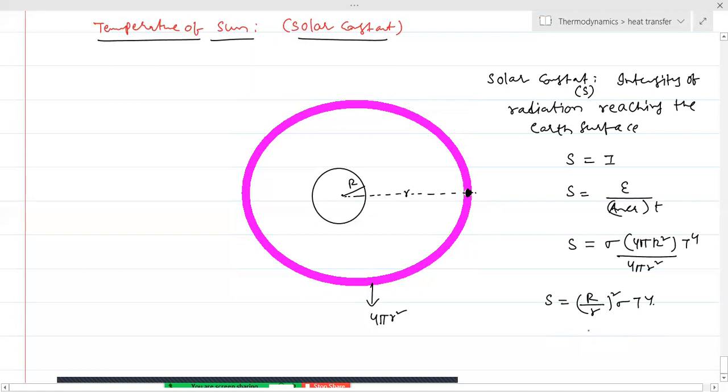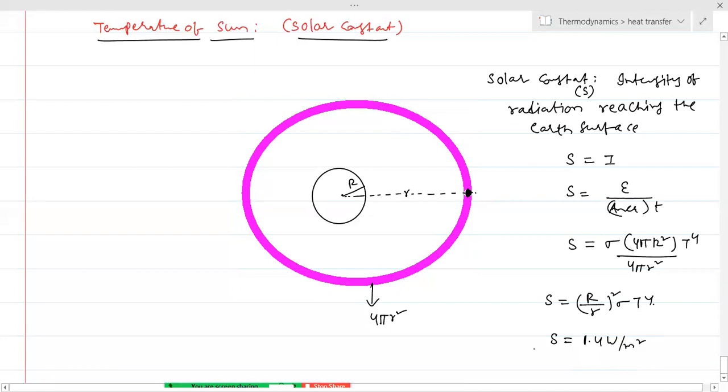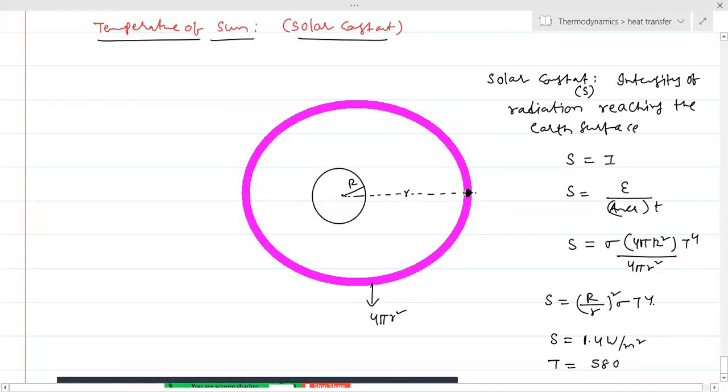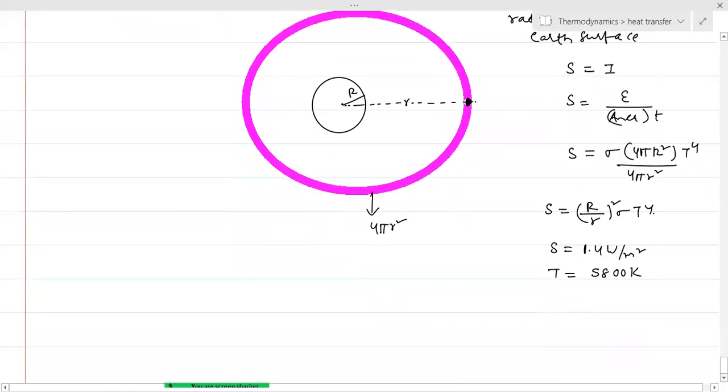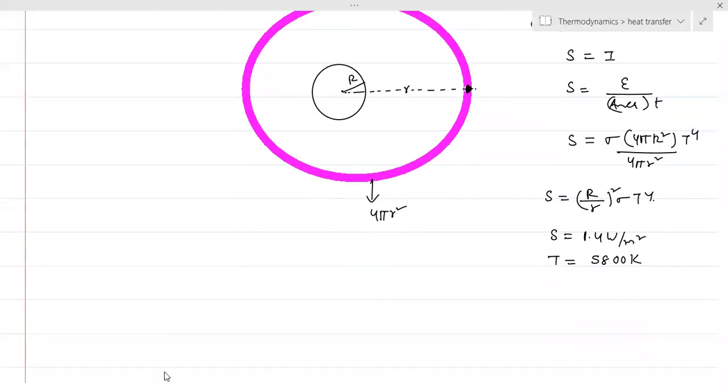From here we can easily estimate. At a given place, it generally has a fixed value of 1.4 kilowatt per meter square. Taking that value, and knowing the other quantities, the temperature of the sun is estimated in the order of 5800 Kelvin. In this way, we estimate the temperature of